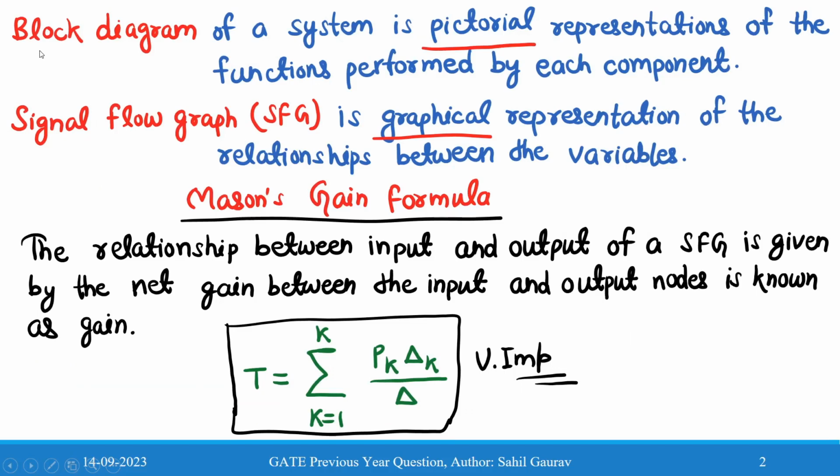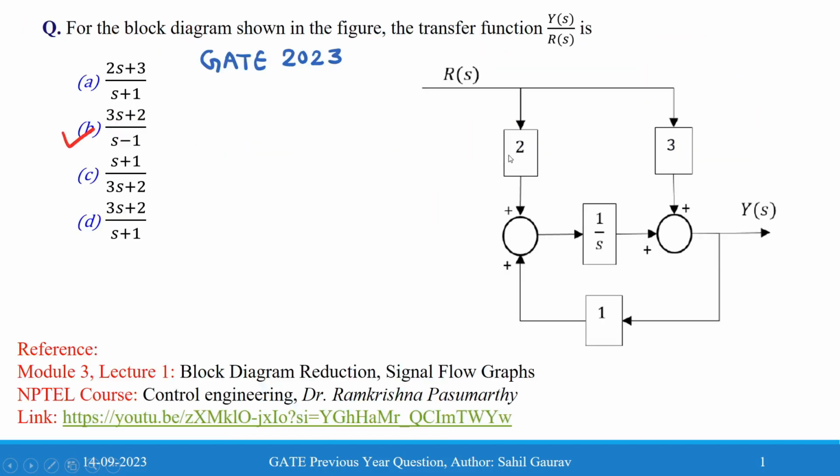The term block diagram means that it is a pictorial representation of the functions performed by each element, while the signal flow graph represents the graphical representation of the relationship between the variables. So the basic difference between block diagram and signal flow graph is that the block diagram is a pictorial representation, while the signal flow graph is a graphical representation. And in this question, we are given the